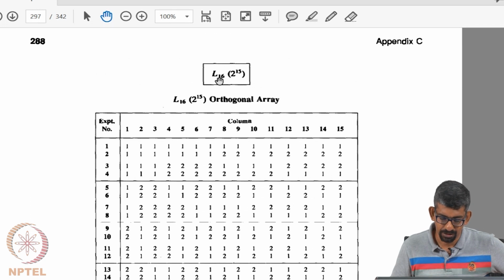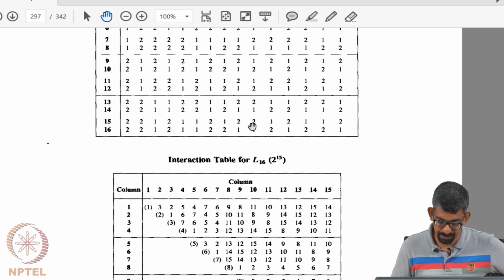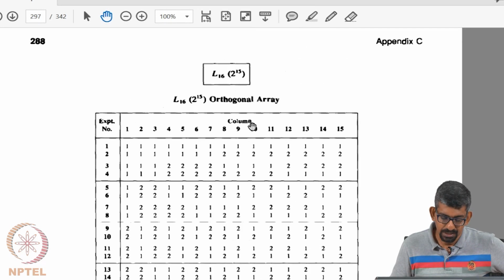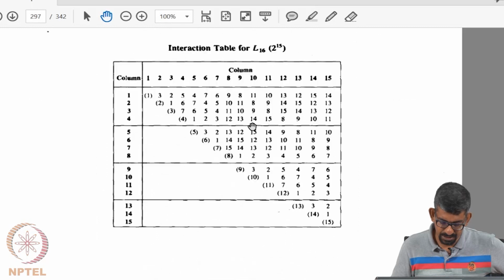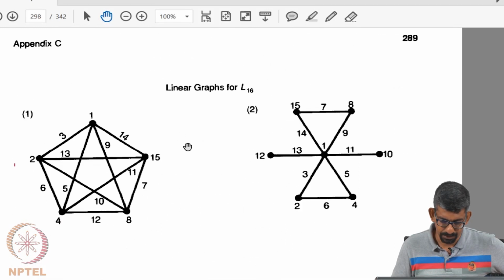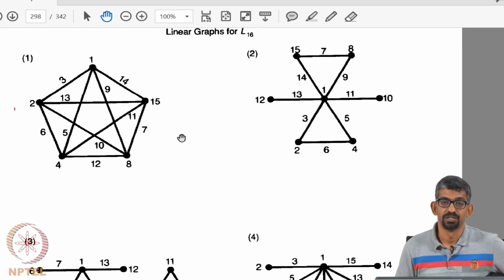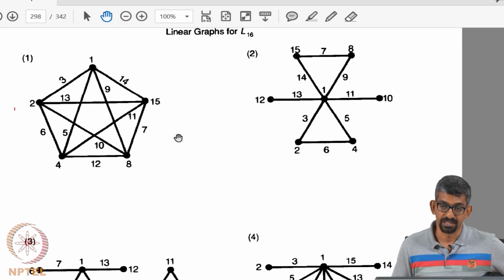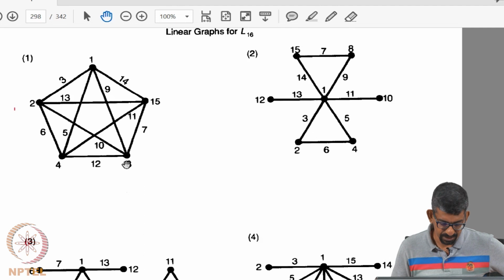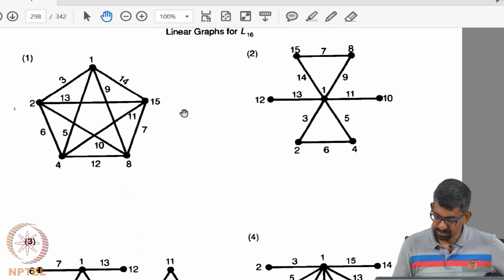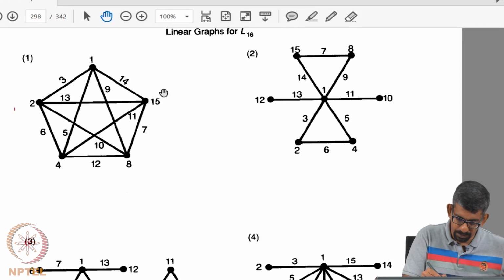So, they are even talking about an L16 array for 15 factors. Okay. That is the maximum that you can use, but you can use less. So, the point is, your linear graphs become slightly complicated as your number of factors and their interactions increases. So, you can see here just for 15 it becomes slightly confusing. Okay. We will quickly see in this.